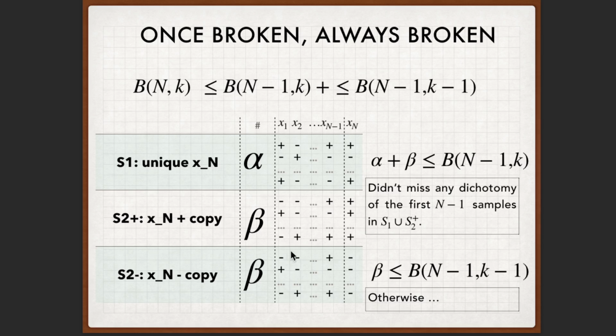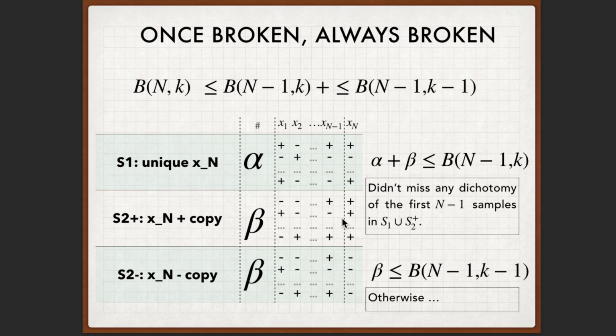And more interestingly, let's consider the last beta set, and we have the conclusion that the beta set must be smaller than B(n-1, k-1), which means we cannot find k-1 columns on which we can exhaust all possible 2 to the power of k-1 dichotomies. Because if we could, we know that this subset represents the duplicated subset of dichotomies, and if from this part we can find k-1 columns where the full possibilities have been realized, then we can add xn as